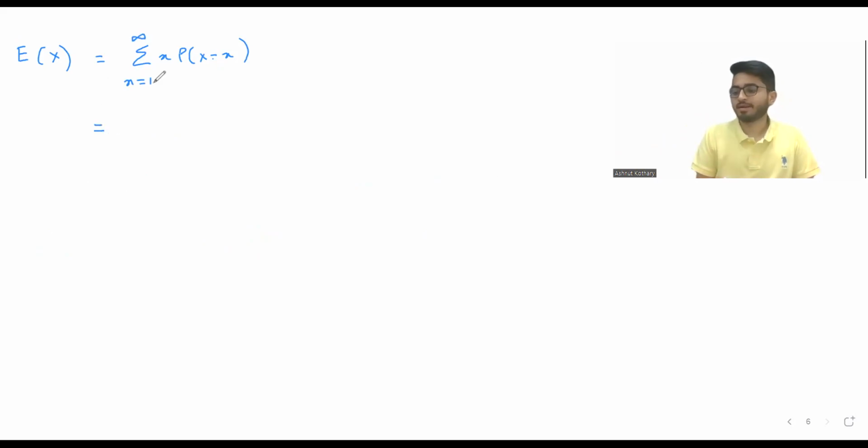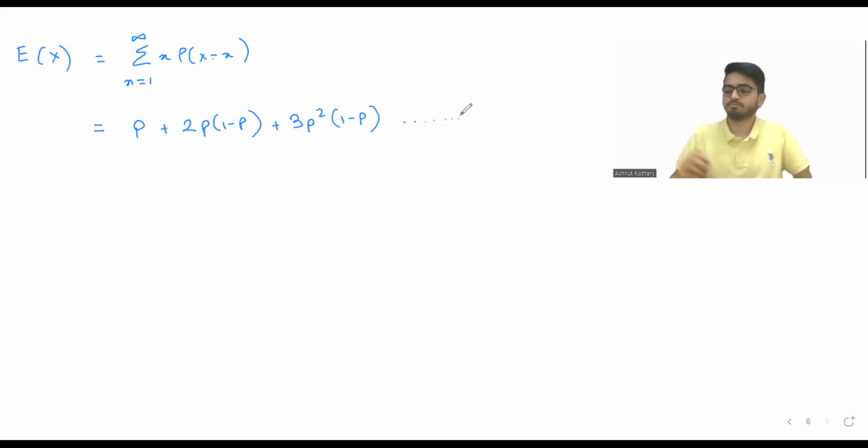So now let me try to expand it. When x takes the value 1, what is probability X equal to 1? It will come out to be nothing but p. First term will be 1 into p. The next term will be 2 into p into 1 minus p. Next term will come out as 3p, 1 minus p